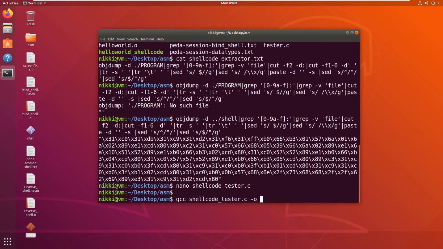So let's say the output is shell, and then we need to disable some security mitigations like executable stack and stack overflow protections, and we also should compile as a 32-bit binary, right?